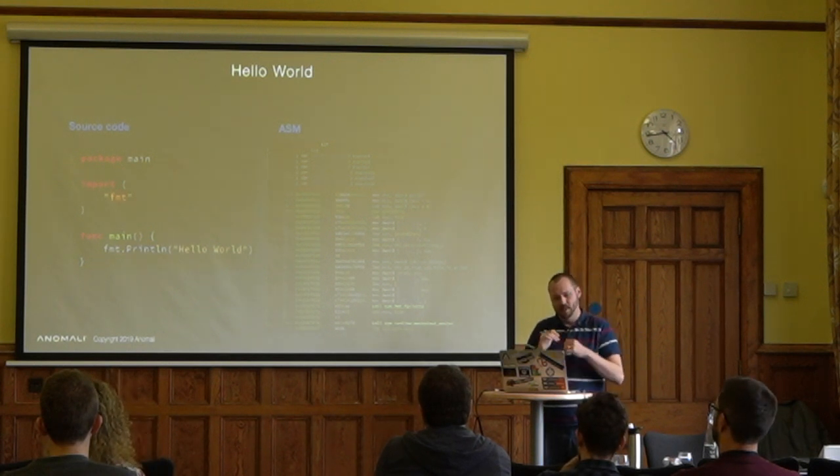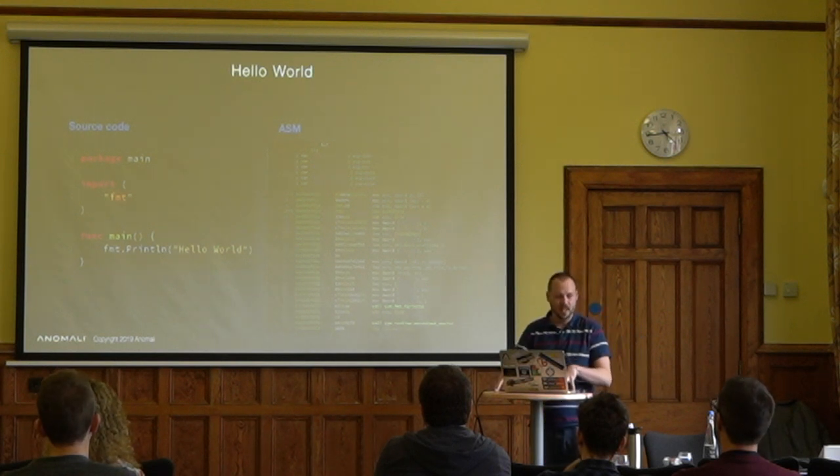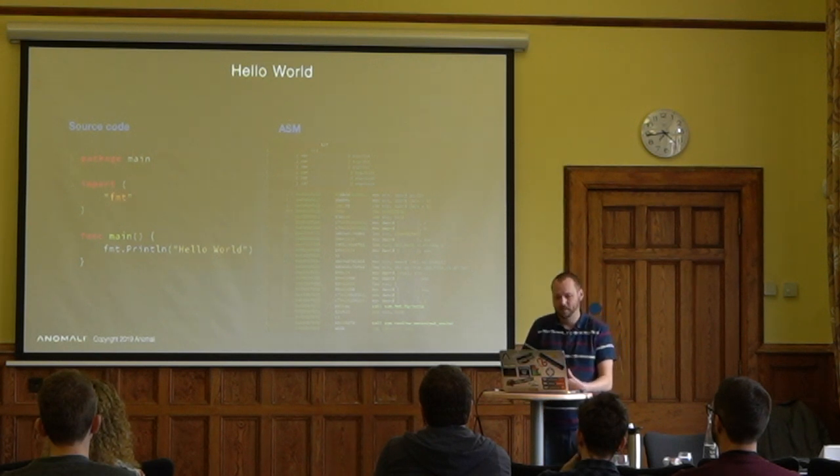The difference with code that you would compile in C is that Go by default is using statically compiled output. So everything gets put into the binary, including all the third-party libraries and standard library. So actually what you have, this is a very, very